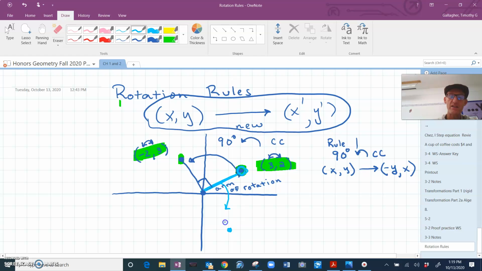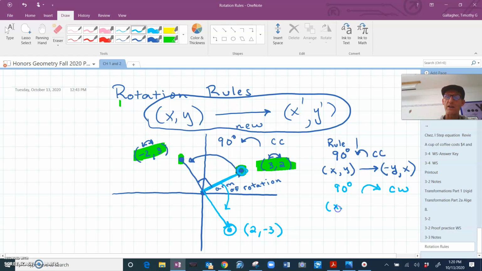That turns in right here, see? Here's the arm of rotation, and here's the point. And this point is (2, -3). So if you do the 90-degree turn clockwise,